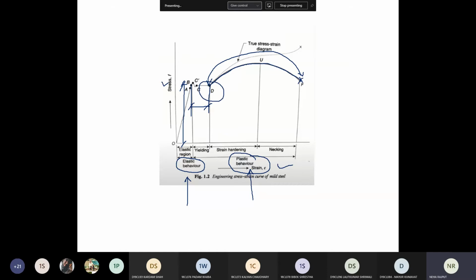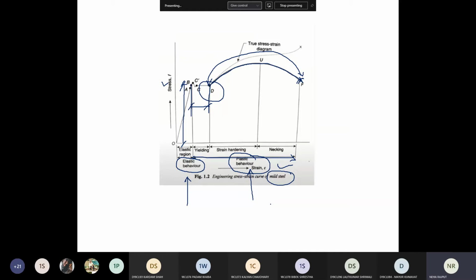After the yielding point, if you again apply the load, it will redistribute the moment, it will get resistance power, and due to ductility of the material, because steel is a ductile material, it will give permanent deformation before the failure. So the region beyond the elastic limit to this necking point is known as the plastic behavior of the structure.